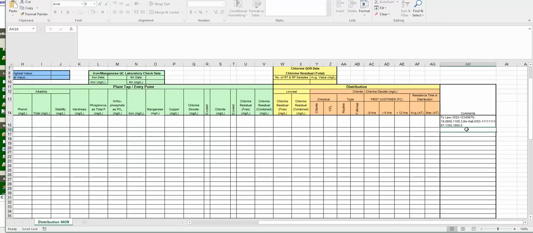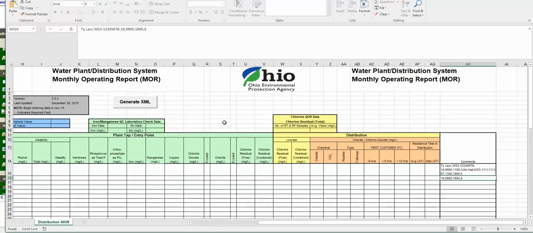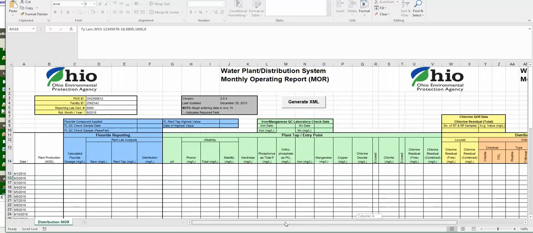And I will click in the second day and paste that in. There's my second day. Once again, I would go down the page until all the information was entered.